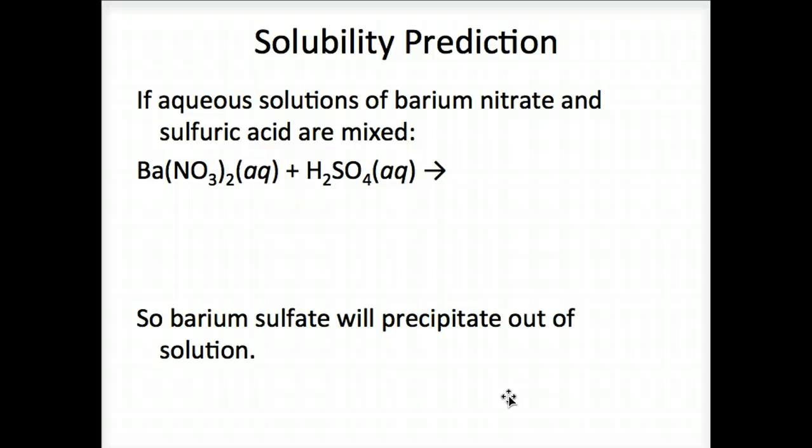So let's look at this. Here is prediction of solubility. If aqueous solutions of barium nitrate and sulfuric acid are mixed, we're going to get barium sulfate, BaSO4. The cation in this compound will join up with the sulfate, or the anion, in this compound. They dissociate into all their ions, and barium will match up with sulfate. The hydrogen will match up with the nitrate. They just switch places. Barium goes to sulfate, the proton, or this hydrogen, goes to the nitrate, forming barium sulfate, BaSO4,